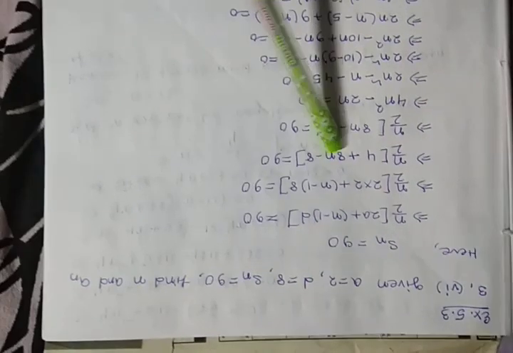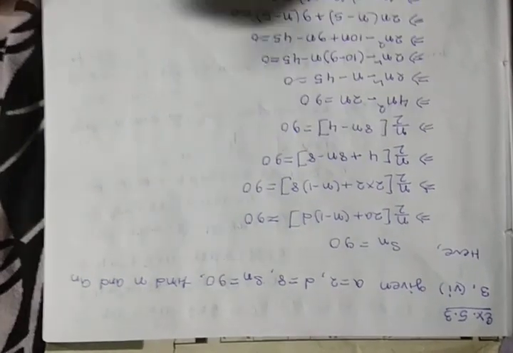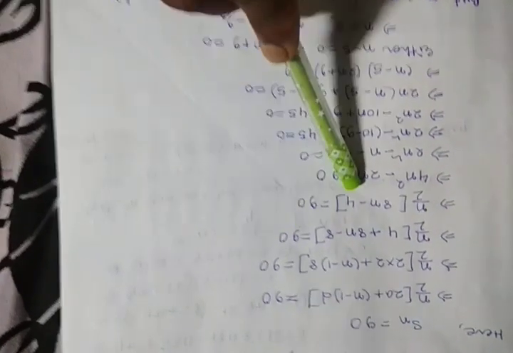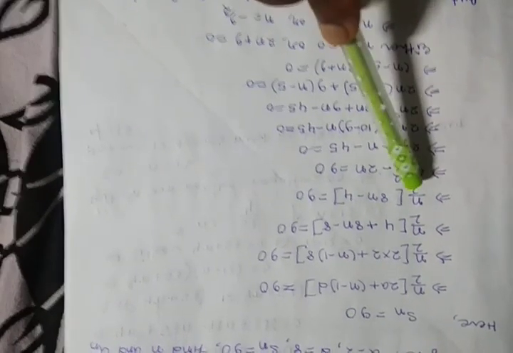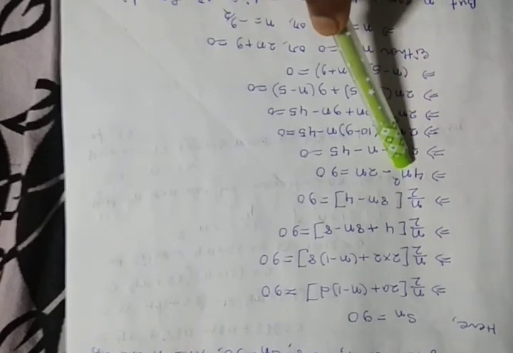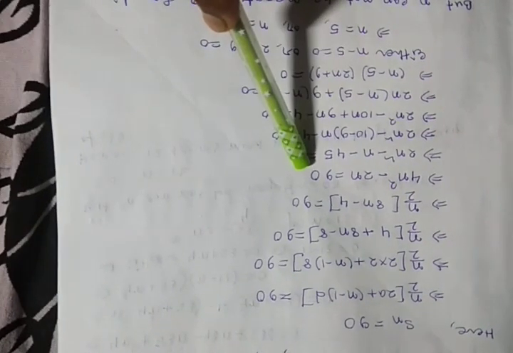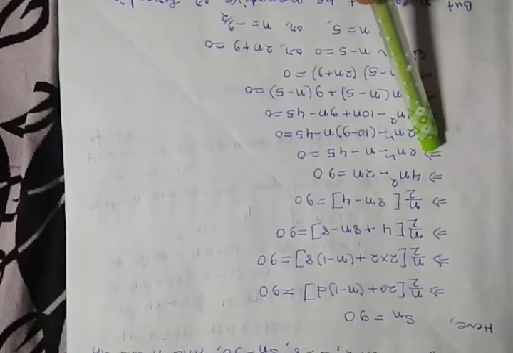So n by 2, 2 into 2 is 4, and by the distributive property, 8n minus 8 is equal to 90. So n by 2 times (8n plus 4 minus 8, so minus 4) equals 90. If we multiply n by 2 with 8n, it becomes 4n square minus 2n equals 90. Then if we divide both sides by 2, it becomes 2n square minus n minus 45 equal to 0.